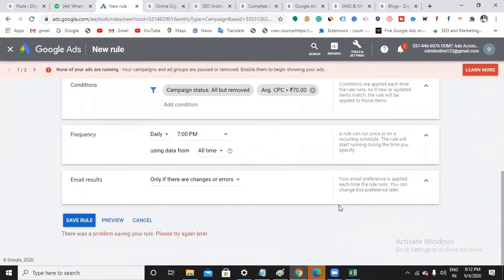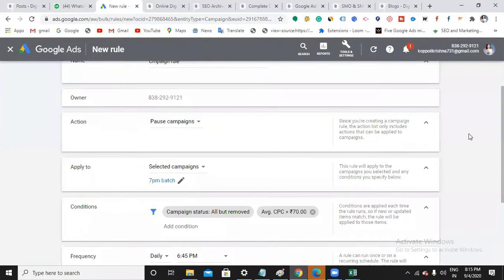Right, and then save the campaign. So it is all about now. This option I cannot do with the help of campaigns. That's the reason it is showing us to upload in a bulk manner. So not only one campaign here, you can select all the campaigns you have. You can select 100 campaigns, you can select 200 campaigns. So for whatever campaign you want to have this rule, you can just connect that campaign, right?